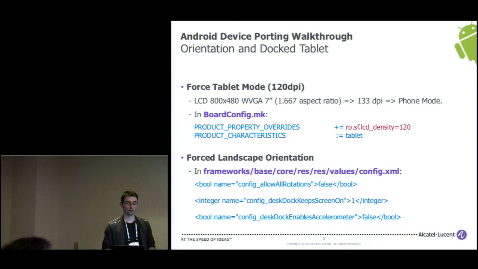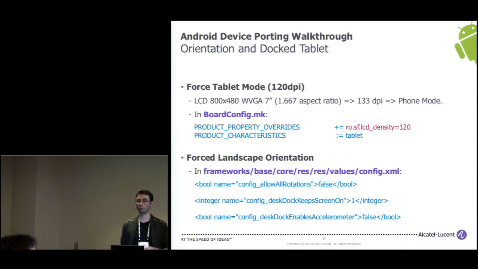One of the things that we also saw when we went into booting the board was the tablet mode support. As I said, we were using an LCD screen, which is a wide VGA 7 inches.